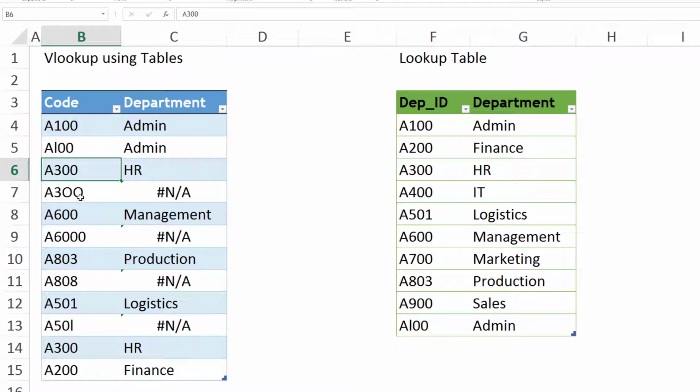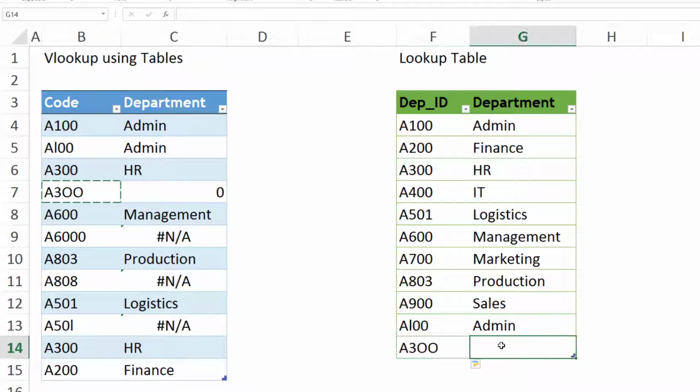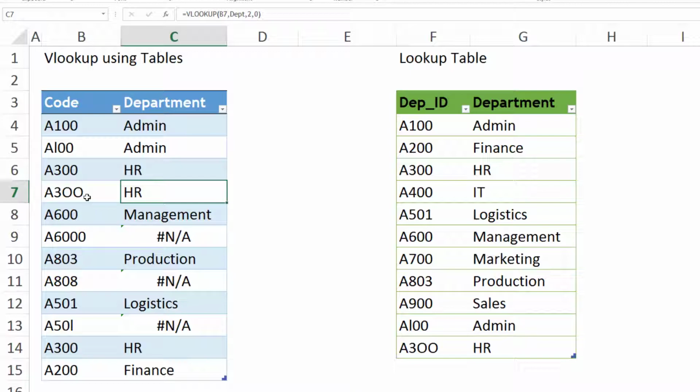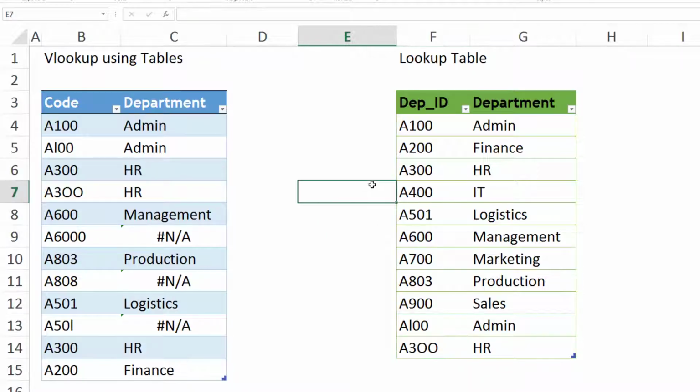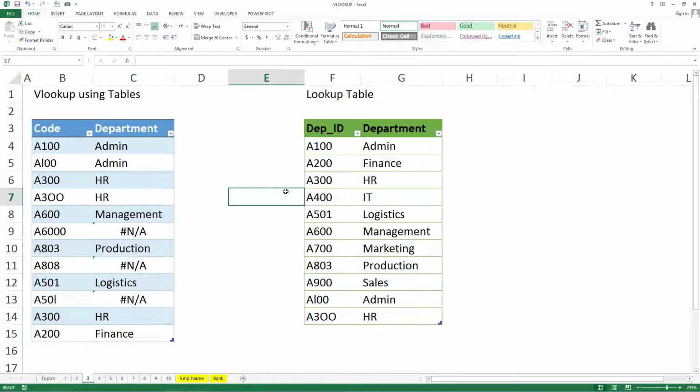Similarly, this is 00 and here the typing mistake is OO. The 0 is typed as O. So I can copy it here, and the department should be HR for this code. And when I press enter, that can be HR. So that way we can have these codes added into our lookup table. The benefit of a table again here is that if your data expands, your lookup table automatically includes it,